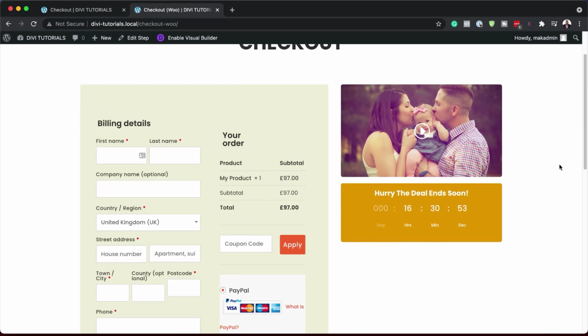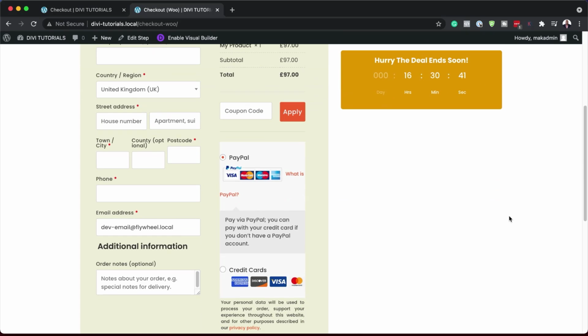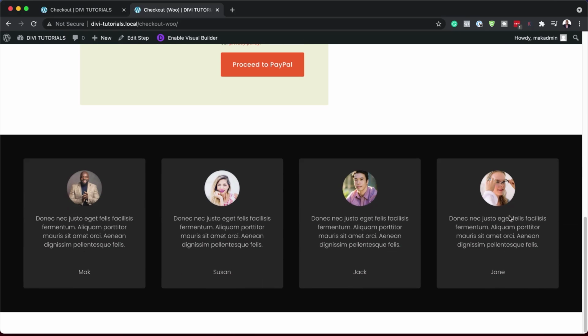looks like this. I've gone in and I really customized this page to have a video, a countdown timer, and on the bottom here, I've also added some testimonials. It doesn't just end there. You can also add other elements on this page to make it convert even more. All right, guys, without wasting a lot of time, let's dive in and let me show you how to customize